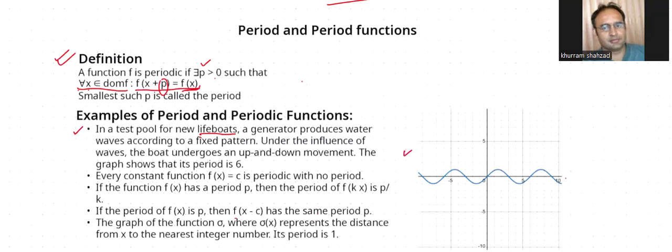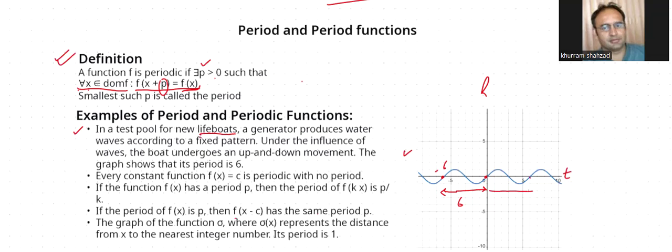This is the height, which is taken on the y-axis, and this is the time, which is taken on the x-axis. So we can see that at this point, the wave has height or amplitude 0, and then again at this point, its amplitude is 0. So the length of this interval is equal to 6. This point is -6. And again, after this point, its height becomes 0 at this point.